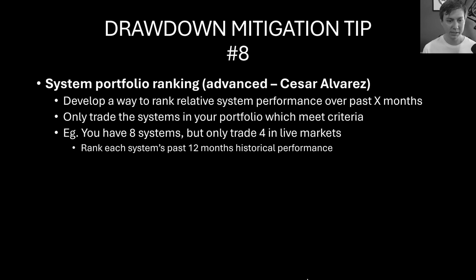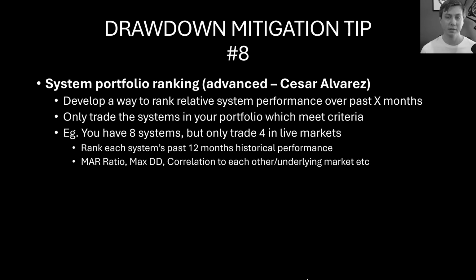One way to do this is you rank each system's past performance over the past year historically. So it's historical backtesting performance. You find some way to rank these systems objectively. So that could be a MAR ratio, ranking based on max drawdown over that time period, or more importantly, the correlation to each other. Maybe you just don't want the systems to be correlated, so you want to diversify, maximize your diversification. You find a way to rank your systems, and then you cycle into the top 4 ranked systems